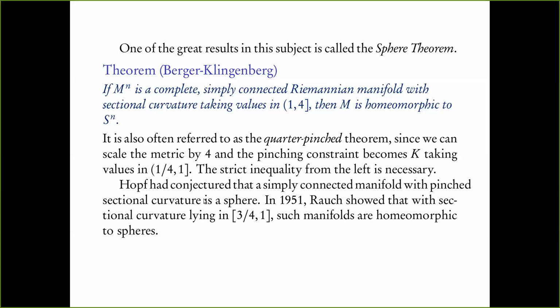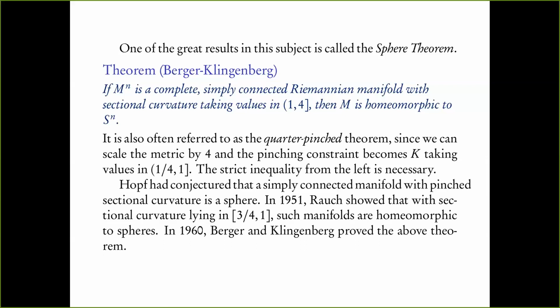So the question really was, what would be the optimal constant to put here? If you fix the right-hand side to be 1 by scaling, what would be the optimal constant to put here? And it turns out that 1/4 is indeed the optimal constant, and it's open. Okay, open 1/4. So Rauch had extended from 1 to 3/4, and then in the 1960s, both these gentlemen proved the above theorem.